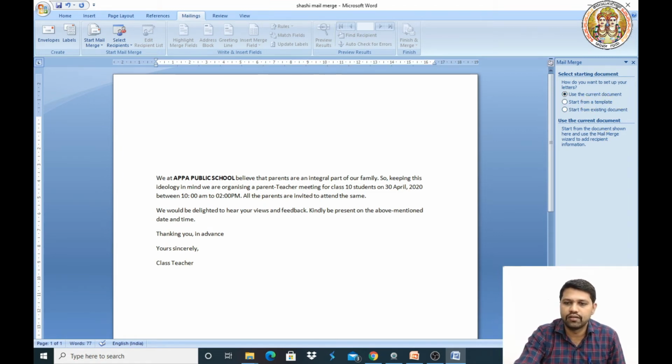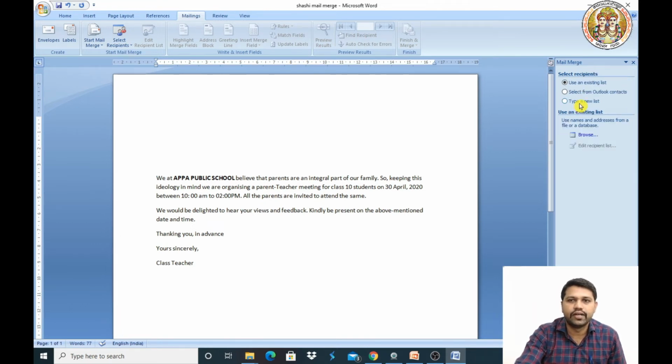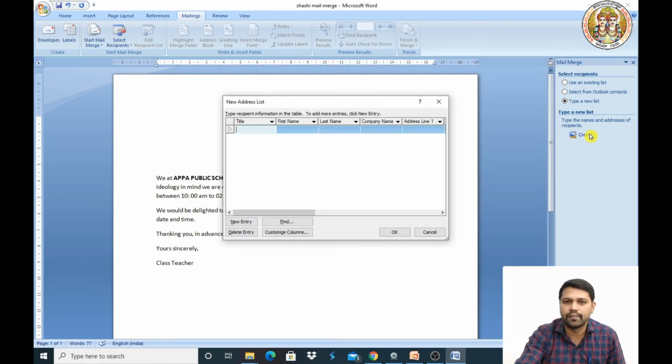Yes, go for select recipients. Click on it, and here we don't have any database. For that we need to create a new database or a data source. Click on create. So here we need to add recipients.